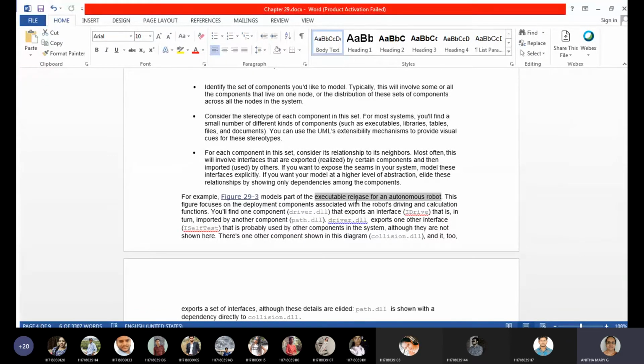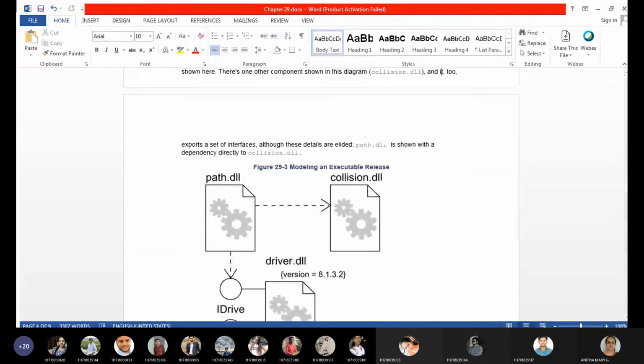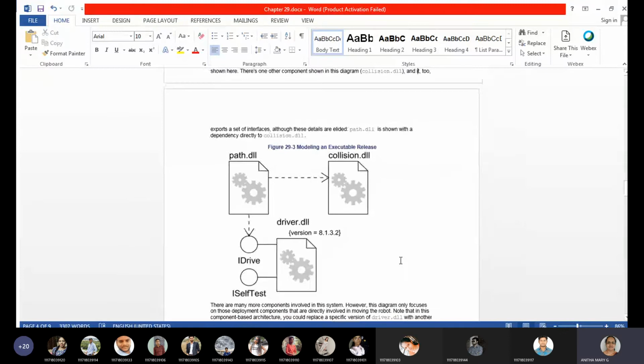That is what we call deployment, with association to the robot's driving and calculation of the functions. Those we'll see now. This is the diagram we are talking about, modeling an executable release. path.dll is the executable release.